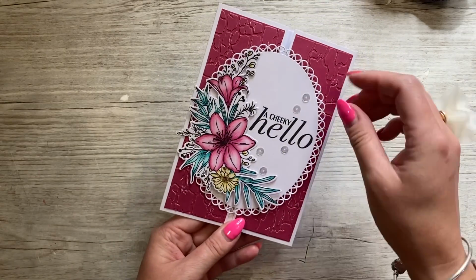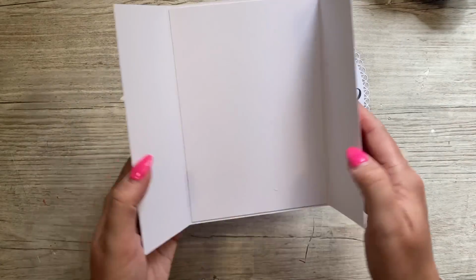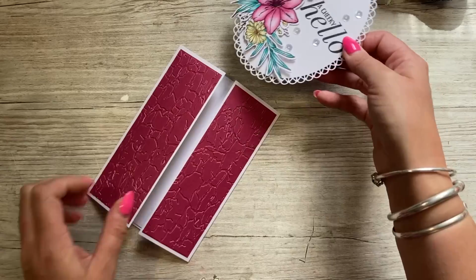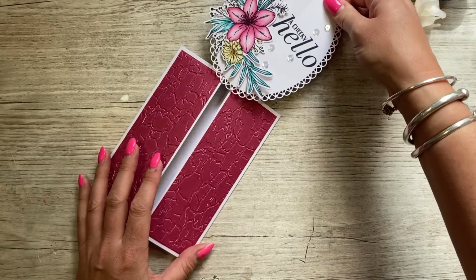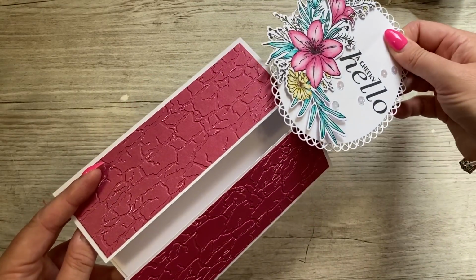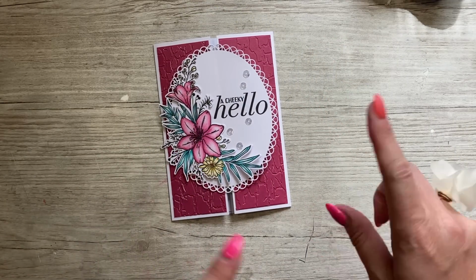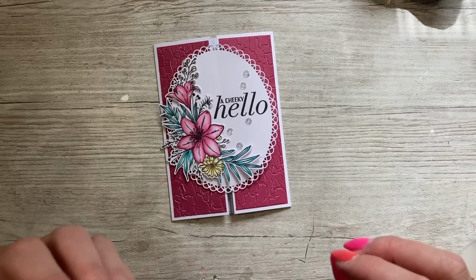So you have whatever card size you want, and then you slide off this piece, and then you can access and open up the card. And then to close it, you simply slide the back, and I'm going to show you how to make all this. I've actually changed mine, so mine is a bit different to how some of the other ones have been made. And I've also, in the tutorial towards the end, show you a way to add an extra score line